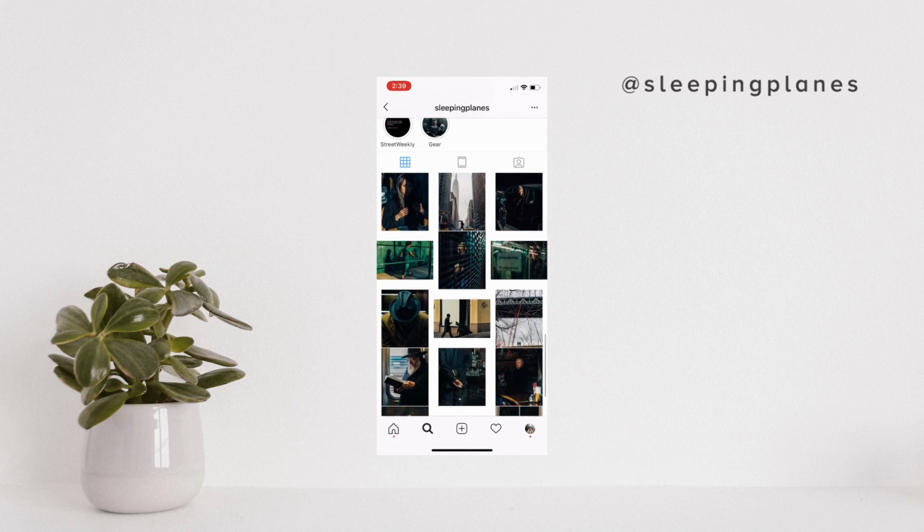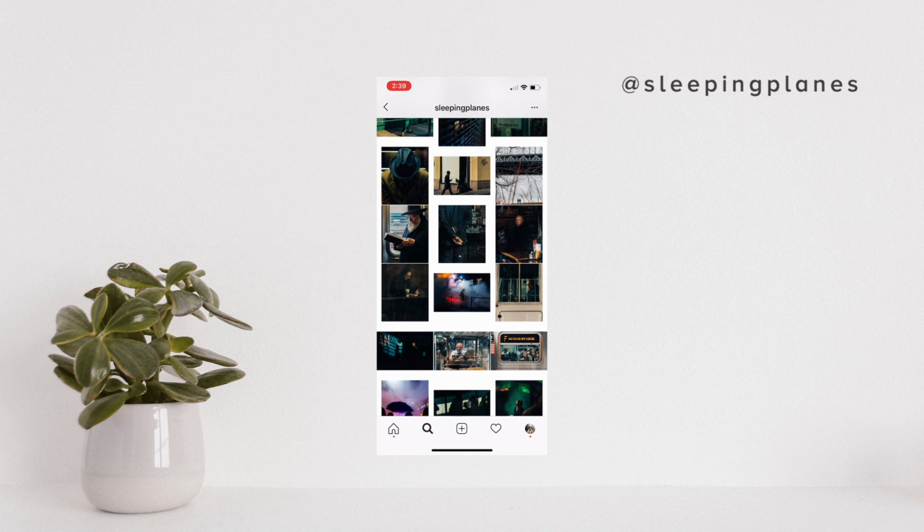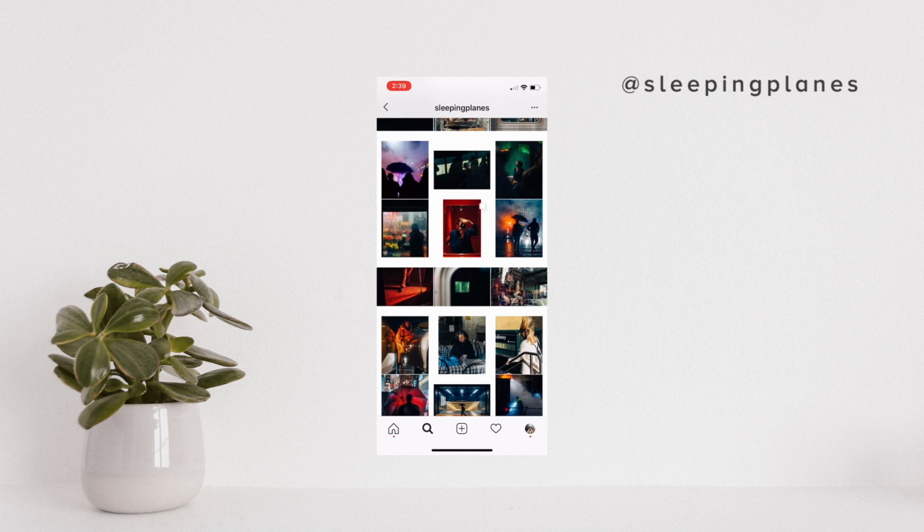The next account I'm gonna show you guys is @sleepingplanes. So what he does is he uses white borders all around his photos to give his whole account kind of a unique layout, which I think is really cool to look at actually. If you're not sure how to achieve either of these effects or the borders in particular, apps like InstaSize make